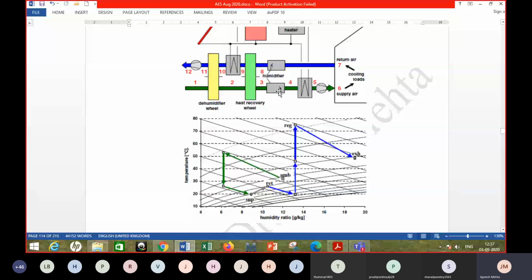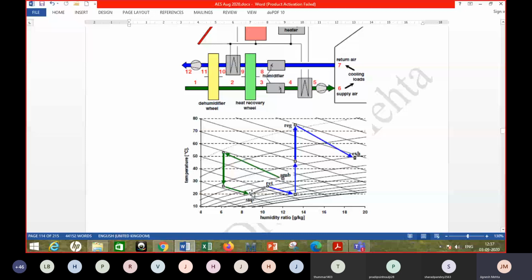Evaporative cooling is provided. So what will happen? Moisture level will increase, but temperature will decrease. This may be actually an optional component. And again, the next component is also an optional component, this one. So you can see when you provide that evaporative cooling, the moisture level again increases somewhat, from around 7 to around 8.5 or something, right? But the temperature goes down from around 28 to around 20 degrees Celsius, right?